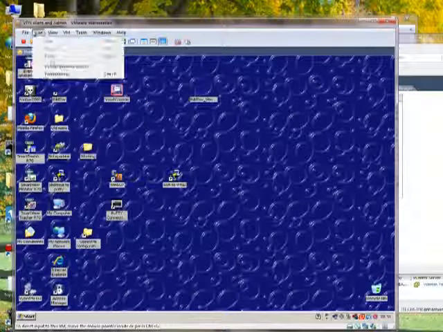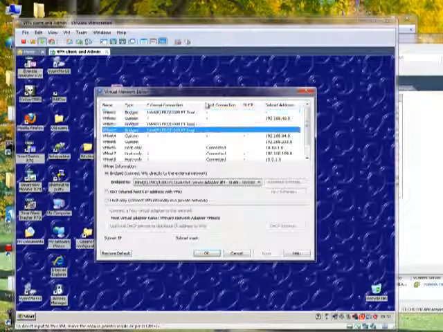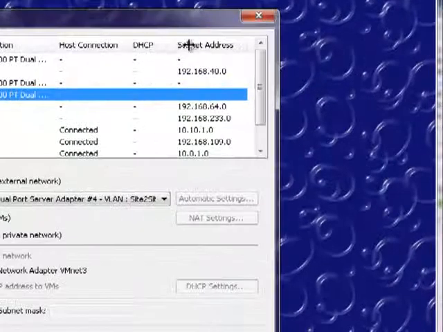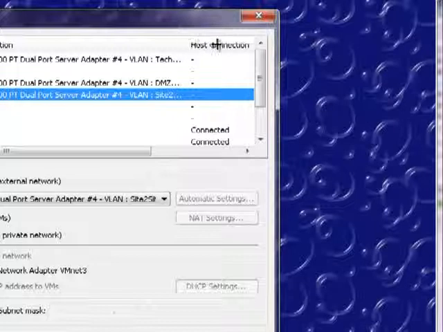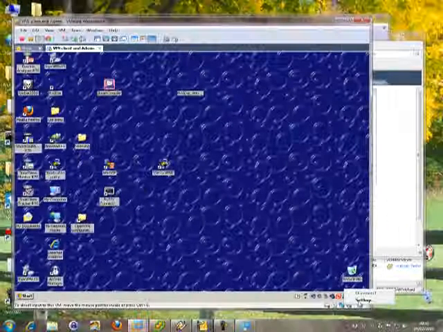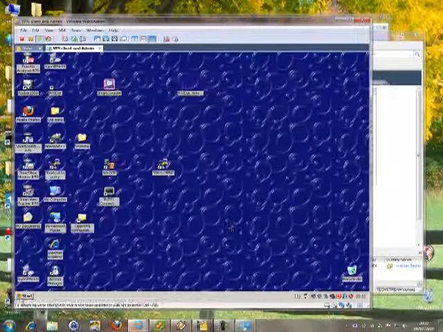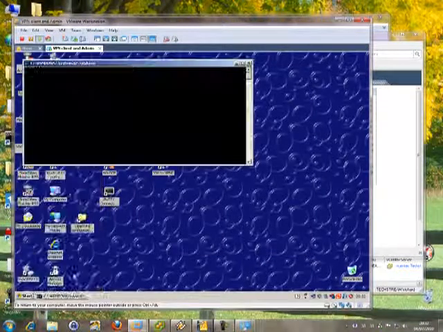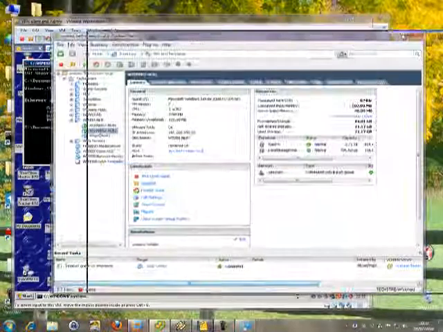If I have a look under Network Editor, you'll see that VMnet3 is bound to the site-to-site VLAN, and then this here is bound to VMnet3, which essentially means I have that IP address,